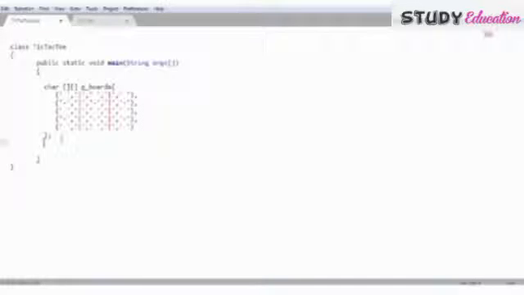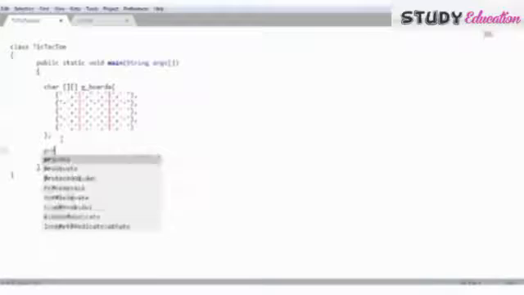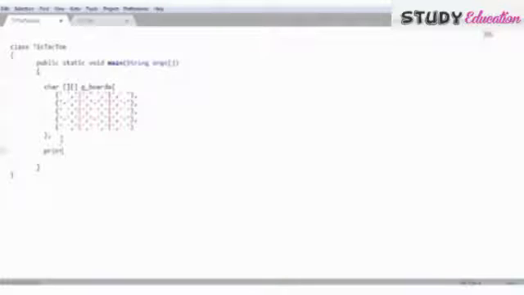So we are going to create a method named printBoard, passing it the gboard as argument, the 2D array. Now let's create this method. Let's make it static, because we are not making an object. We will call it directly by its name. It will return void, basically it's just for printing.